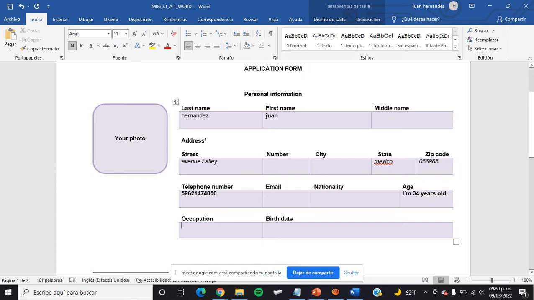Your occupation. If you work, you can write what your occupation is. Now that you study at Prepa Linea, you are a student. Correct. I am a student, because you are a student of Prepa Linea. But if you work, maybe in a factory or in an enterprise, you can write what your labor or your occupation is. Okay? But if you write I am a student, it's correct.